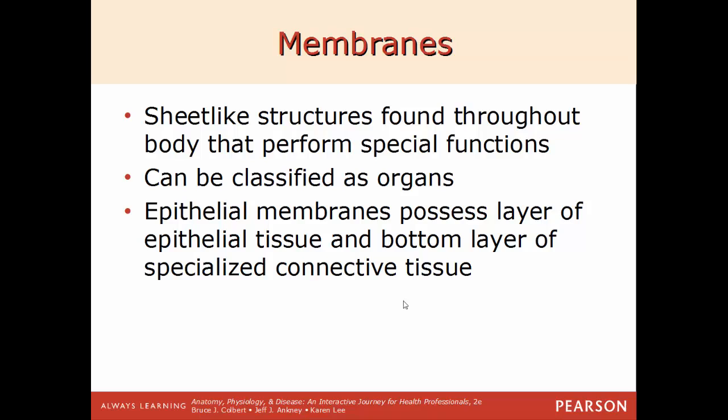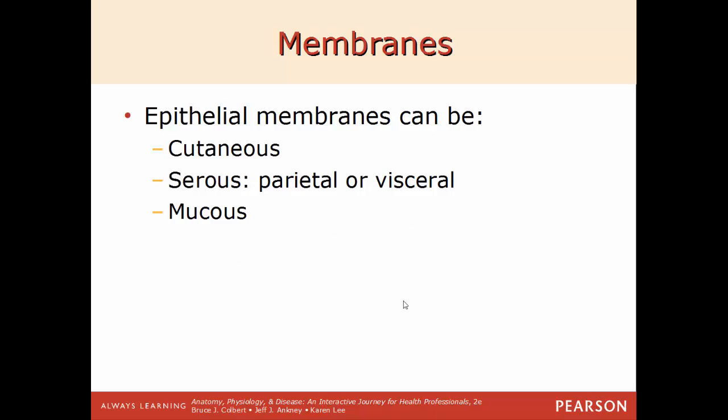And these can be classified as organs because they are groups of tissues working together with a particular function, so they could be classified as an organ. An epithelial membrane will have a layer of epithelial tissue, and a bottom layer will have a special type of connective tissue. Epithelial membranes can be one of three kinds: cutaneous,